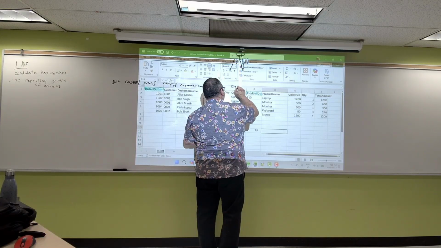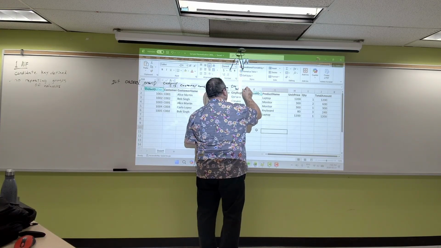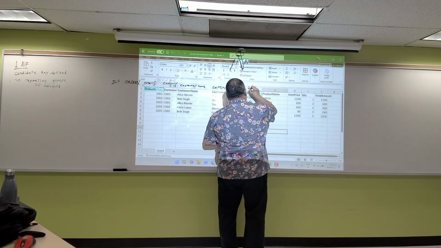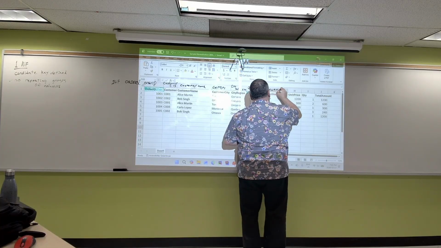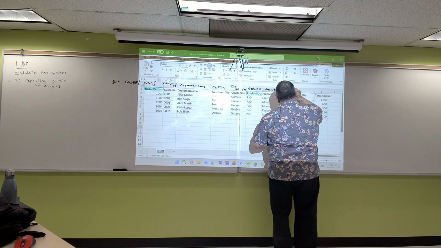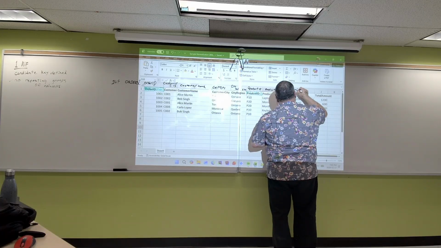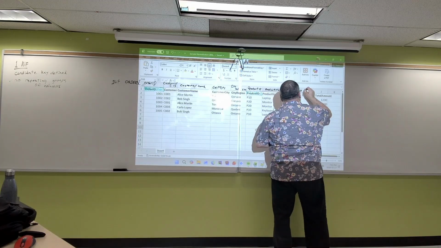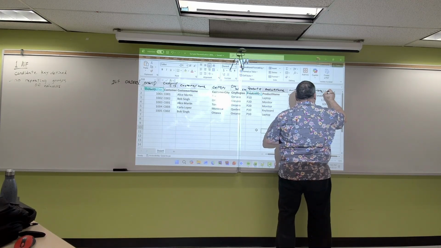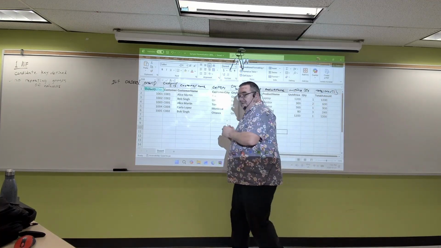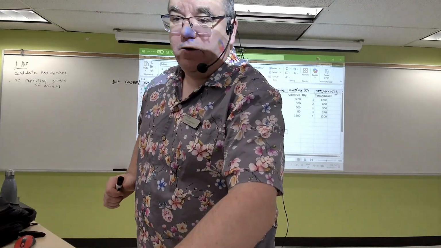City, region, product ID, product name, unit price, quantity, total amount. Close that off. And now if I turn off the projector,